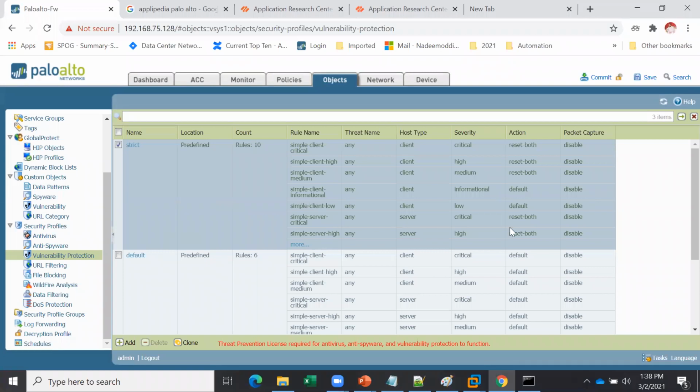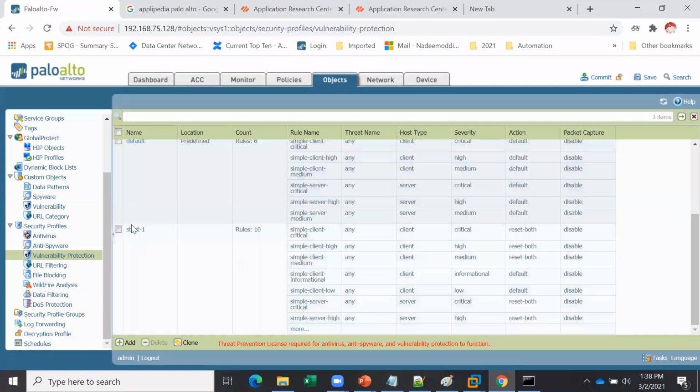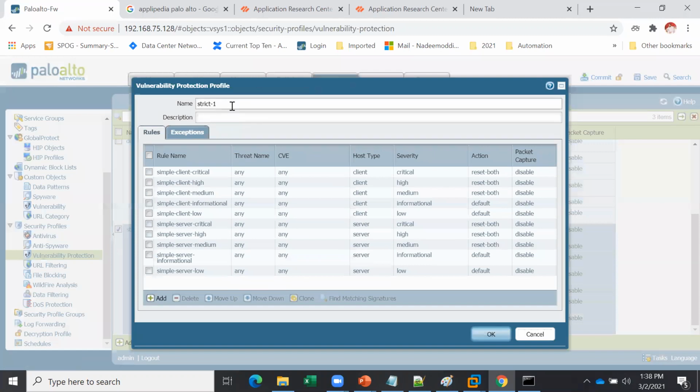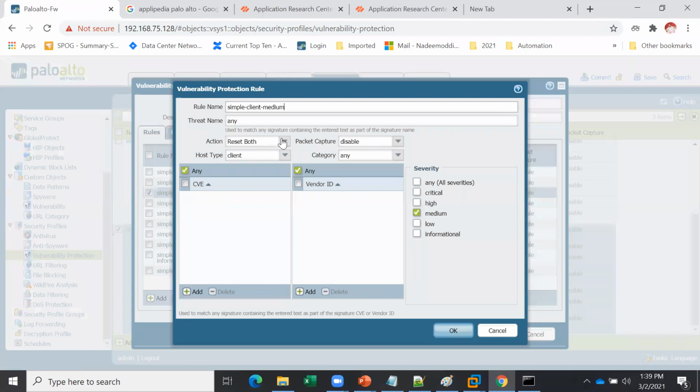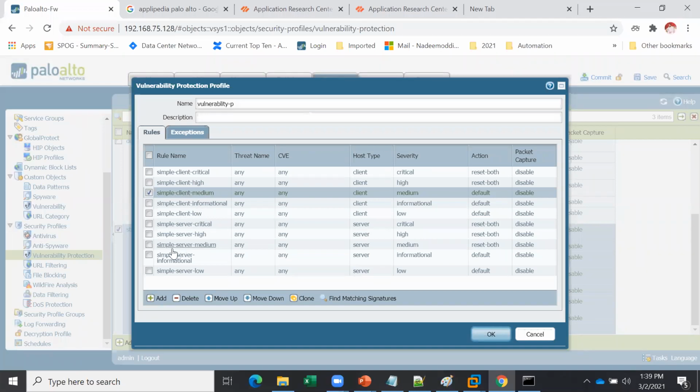Okay, so if I come down, I can use it here. I will say vulnerability profile. Okay, so now we want the medium to be allowed, let's say. So I will go to medium, and instead of reset, I will say default. We want medium to be default from client as well as the server,